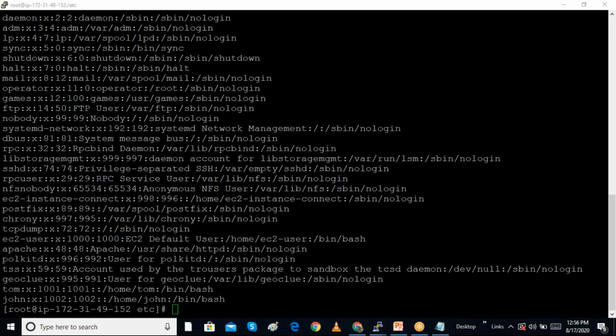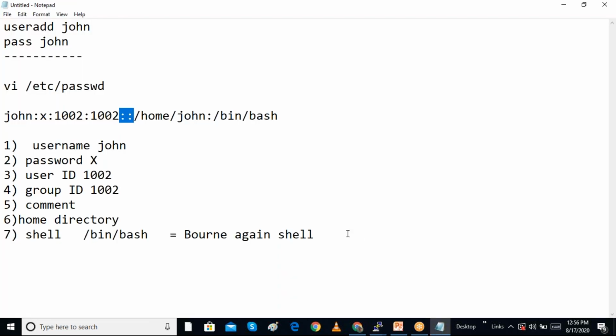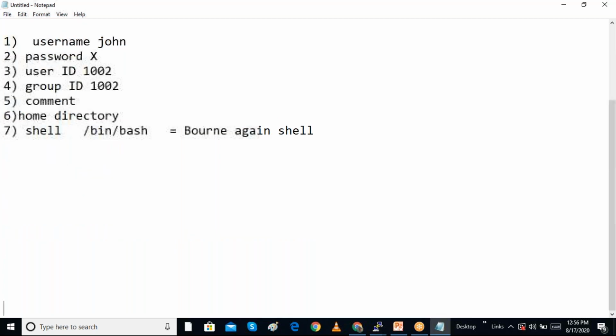Now we can also create some groups. Why are we creating groups? So we can group users together. Users can be combined into groups, and we can create a group by using the groupadd command, groupadd HR. I am creating a group called HR. The group information is stored in the /etc/group file, where the group's name will be stored.